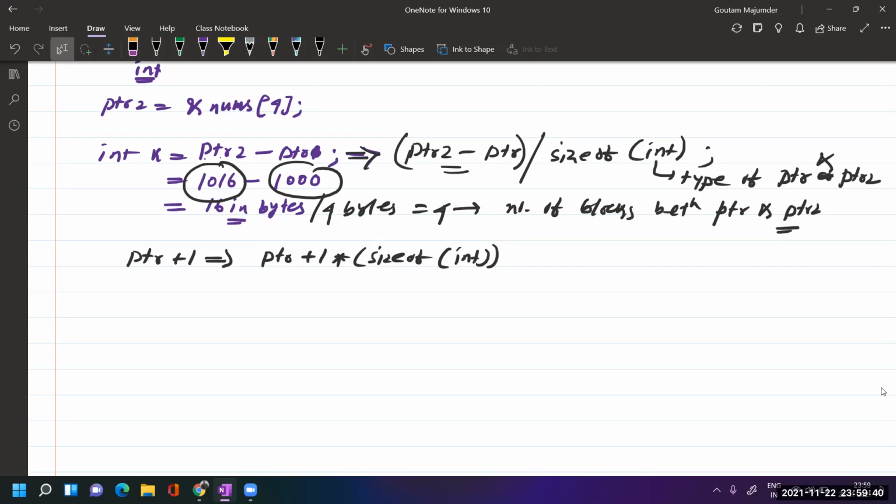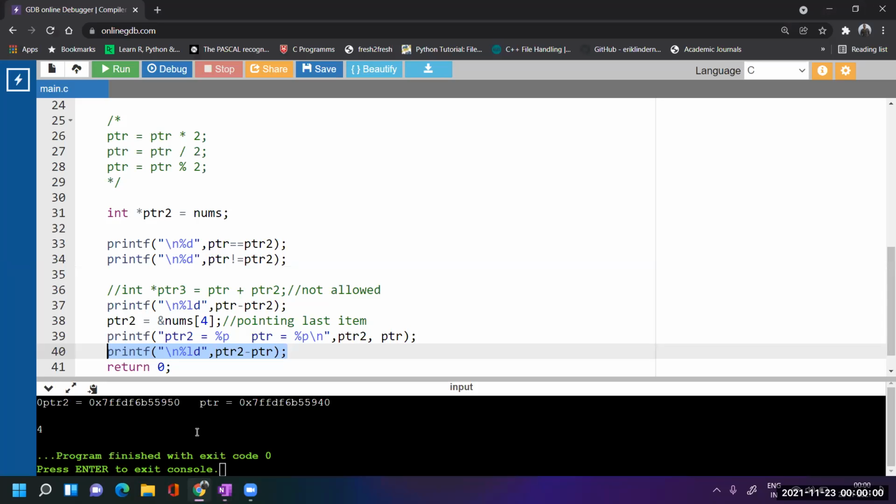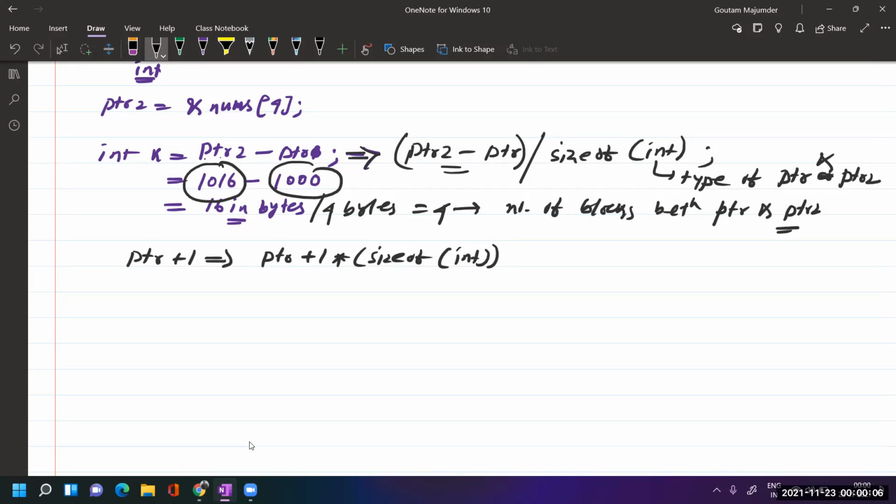Okay, this was the last point related to pointer arithmetic. We'll see later in another video how we can traverse an array with a pointer. We'll also see 2D arrays with pointers later. I hope you understand this concept. Pointer arithmetic, I have explained with the help of the compiler also. Everything has been discussed. When you perform this operation between two pointers, you get the number of bytes, which is then further divided by the size of the pointer type. So it will give me the number of blocks between these two pointers.